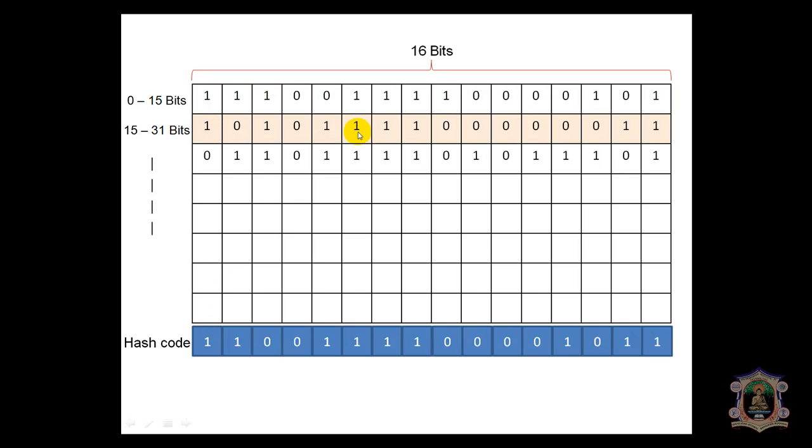If you XOR this second block of data with the hash code generated previously, we get a fresh hash code like this. How we got this is, we XOR the LSB of the second block with the LSB of the hash code, and the result is overwritten here itself, and similarly for all the bits. Finally we get an updated hash code like this,